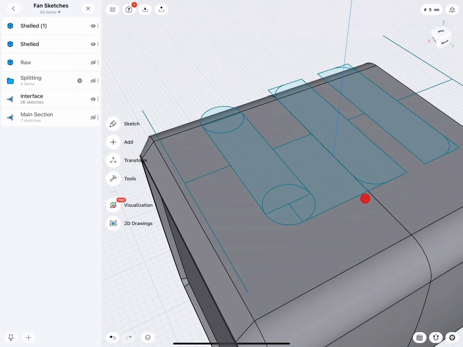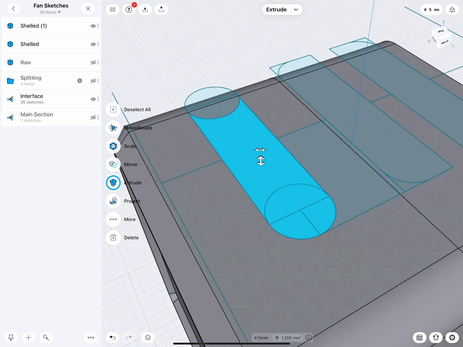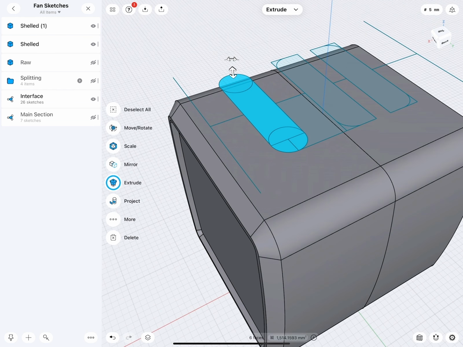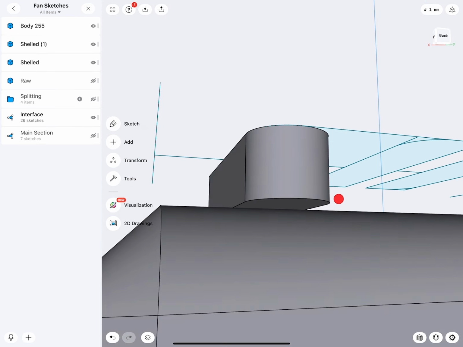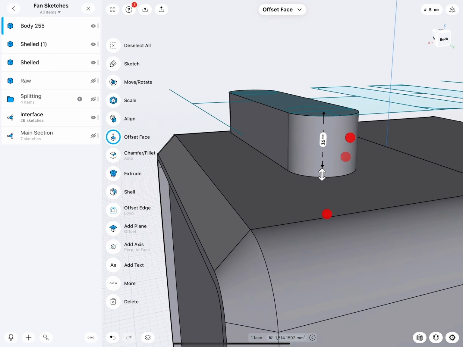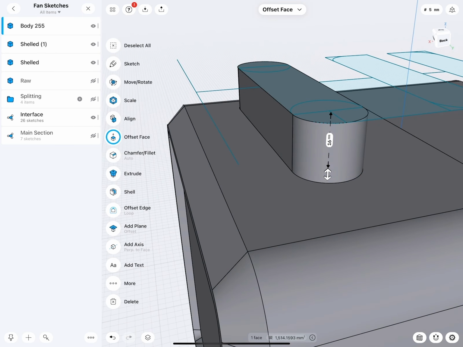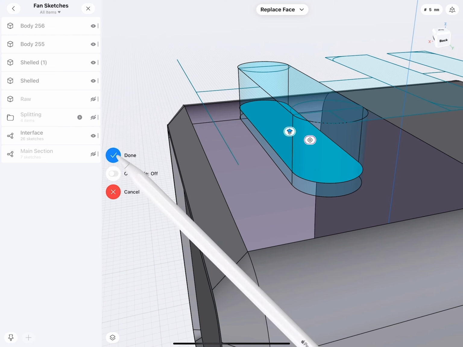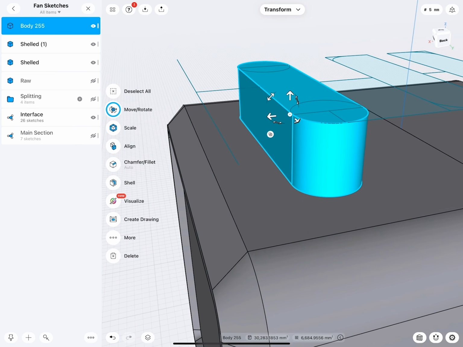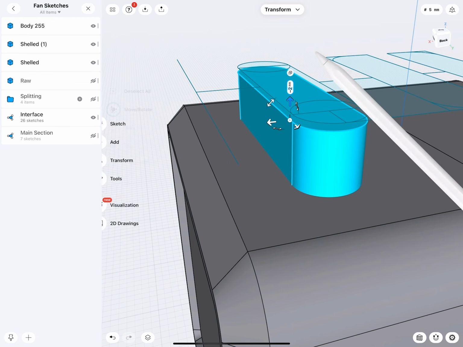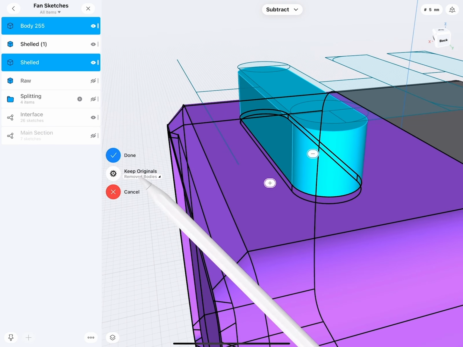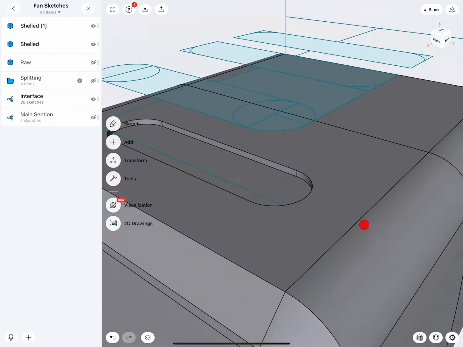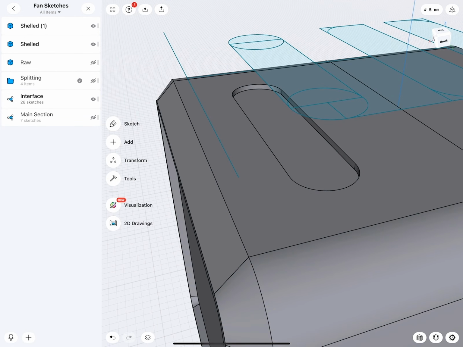So here we have the interface sketch. We figured out the complete design of our main body. So the volume is good. And now here I'm extruding out what's going to be the base for the buttons. I will select the lower face of this extrusion, select this target face and say replace. That perfectly moves it onto it. Now I can double tap, move this down by 2 millimeters, and then from this I remove this extrusion, keep none. There we are. Look at this. Beautiful. No? Looks great.